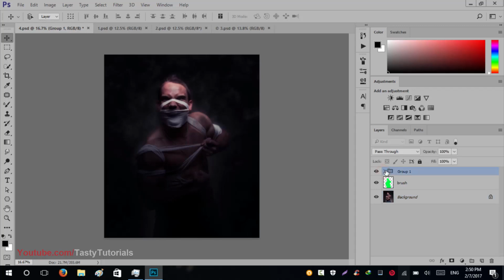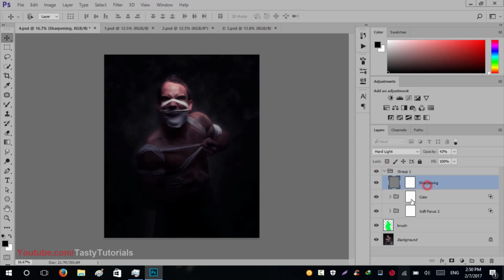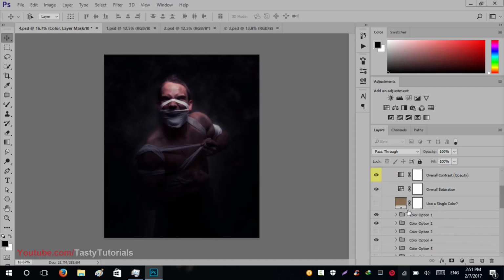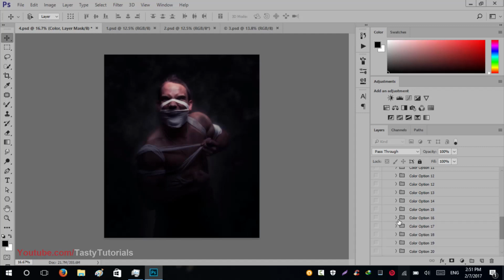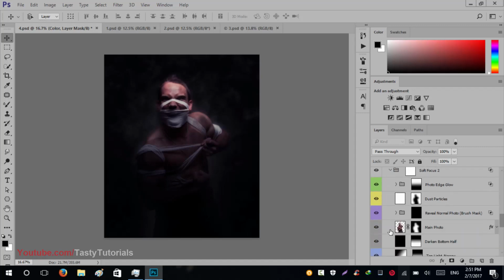So what is included in this? There are some sharpen colors, you can use them or not, it all depends on your choice. And you can use also some colors which are pre-made into this action file. You can see that there are lots of color options you can change, maybe 20 plus, according to your image and your needs. Okay, after that in the soft focus 2 folder, there are lots of things you can change, like this